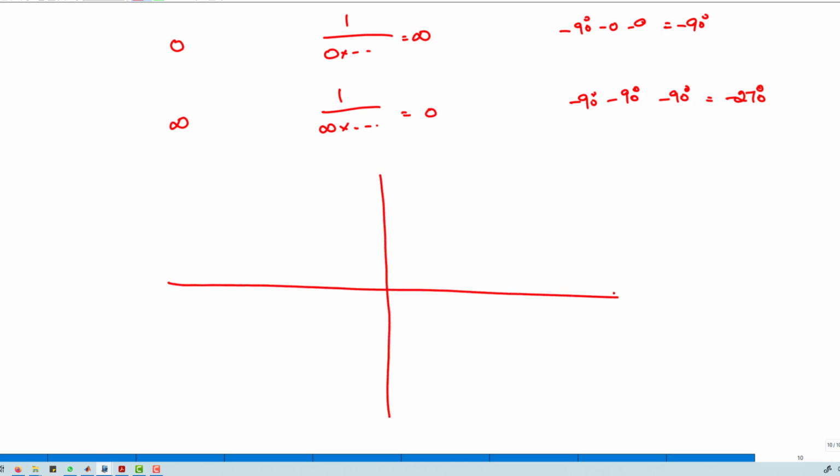Now you have got the values at 0 and at infinity, and you put all those into our polar plot: 0, minus 90, minus 180, minus 270. At ω equal to 0, it has an angle of minus 90 with magnitude infinity. At infinity it has magnitude 0 at an angle of minus 270. So this is called the polar plot for the S1 that we have drawn. Now, in order to plot S2,